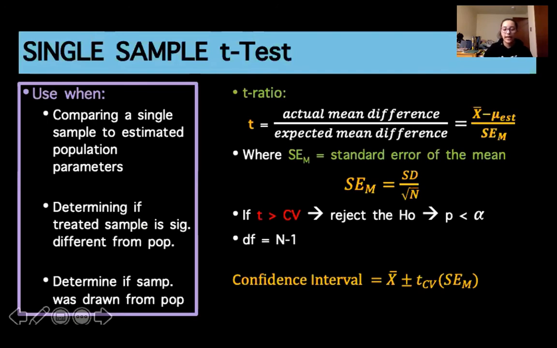Okay, so if we have a 95% level of confidence, we would say that the estimated p-value is p is less than 0.05. If we had a 99% level of confidence and we found that t was greater than the critical value, we would say that p is less than 0.01. I can do math. Okay. So that's how we estimate